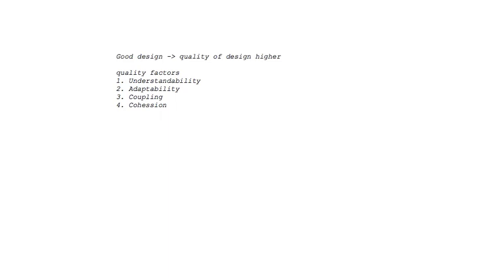So this should be adaptable, and that is the implementation part, but also the class diagrams and everything should be adaptable to changing requirements. So adaptability is another important factor of measuring the quality of design. Coupling and cohesion, we will discuss in very detail. For the time being, let's discuss a little bit more